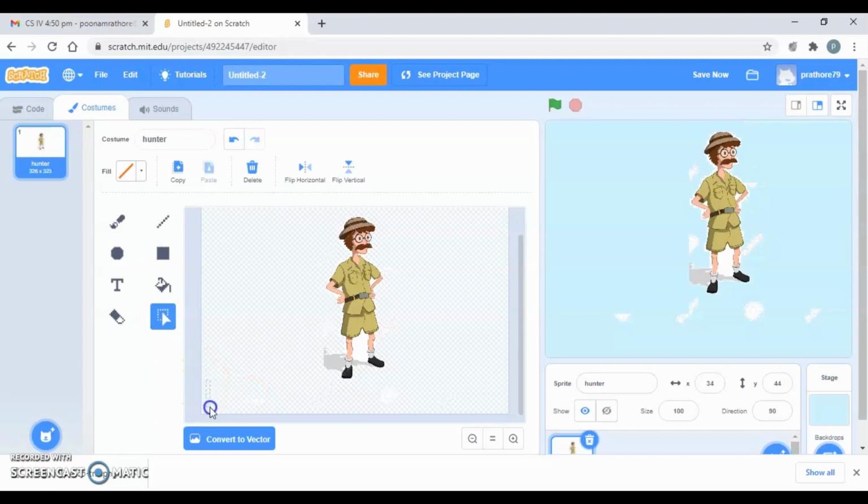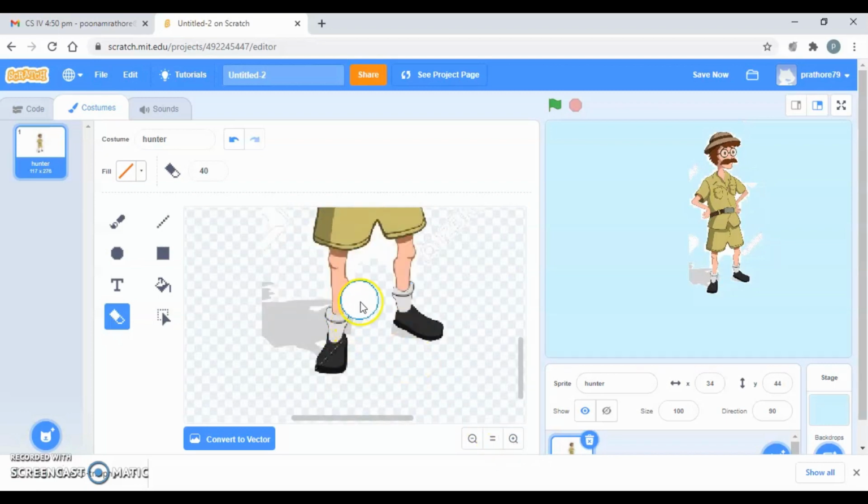Similarly from the bottom and top. Okay, and then you can use the eraser tool and erase this particular area, right? So you have to be very careful. You can zoom in and then you can easily erase it. You can change the size of the eraser from here, decrease the size or increase the size depending on which area you have to delete.